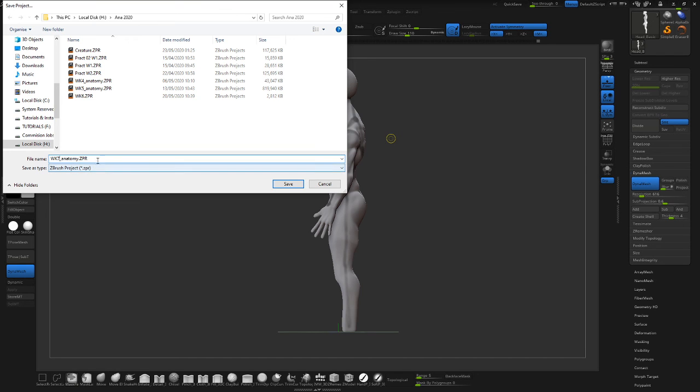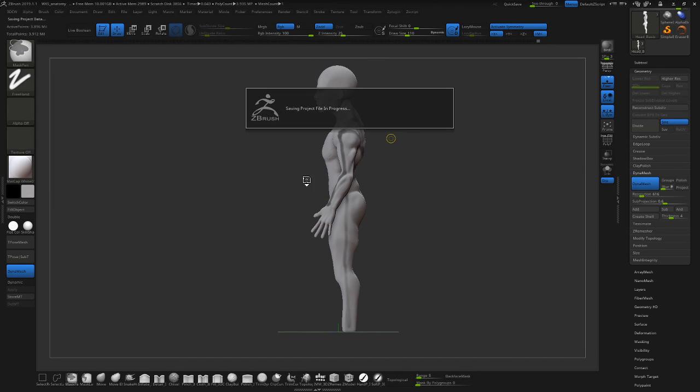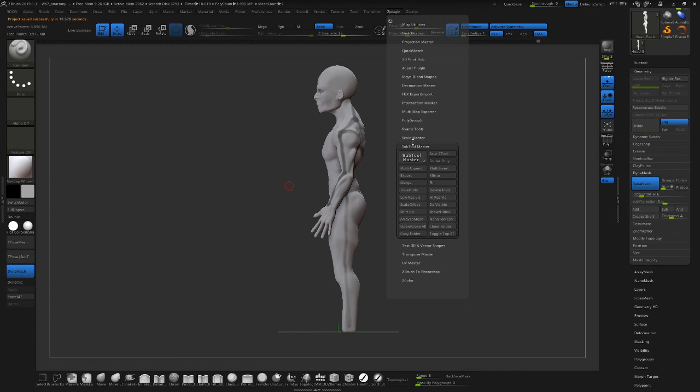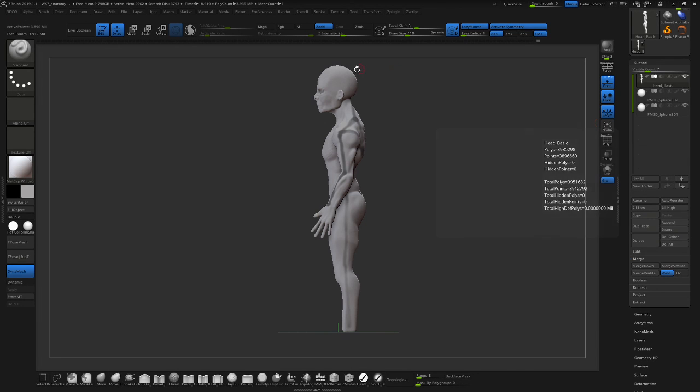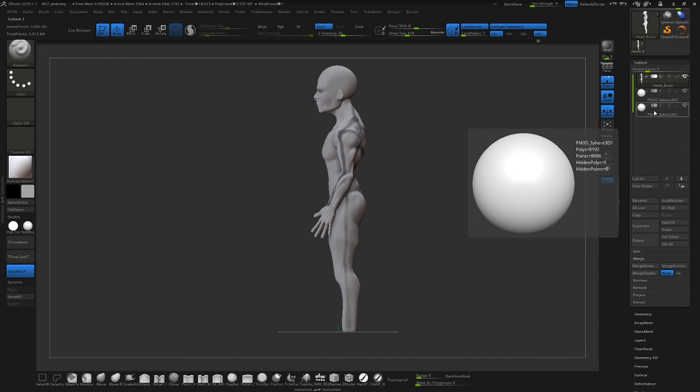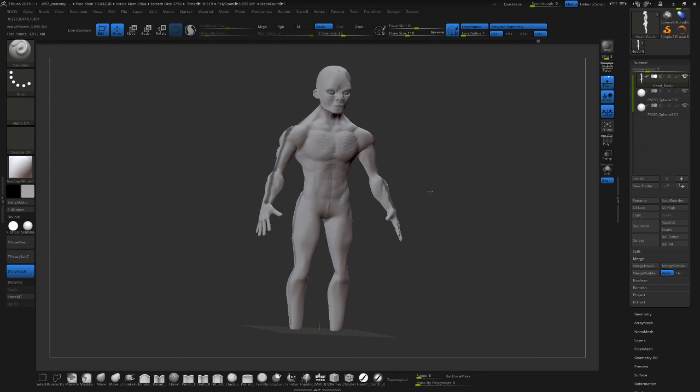Right. So we have covered here how to break down the components into modular pieces and then stitch them together by using the ZPlugin, either the Subtool Manager or Subtool Master. Click on the mirror and it will just mirror it for you. It will create a separate subtool and you can just combine it and merge it together by merging down or selecting the subtool from up to bottom and so on and so forth,